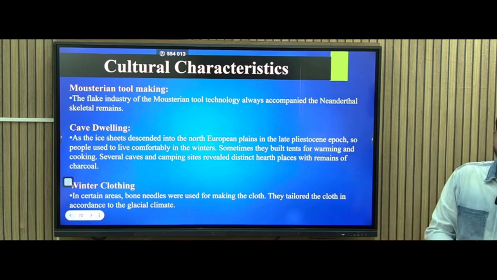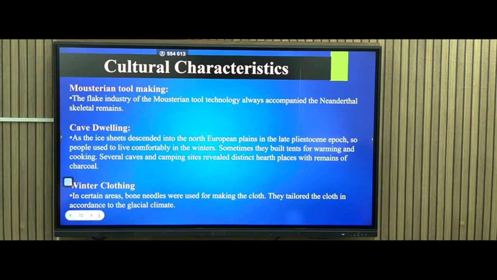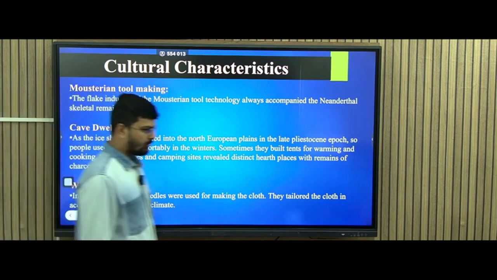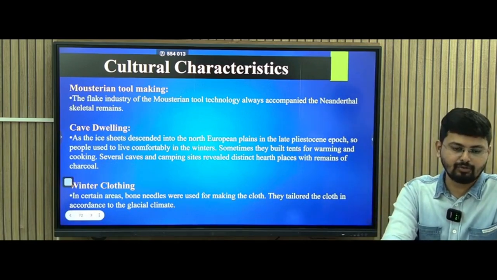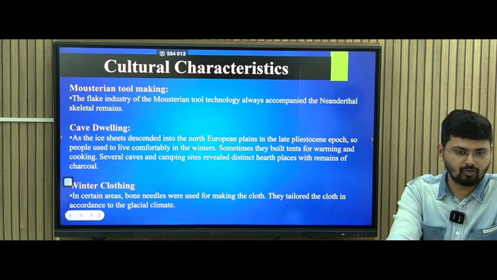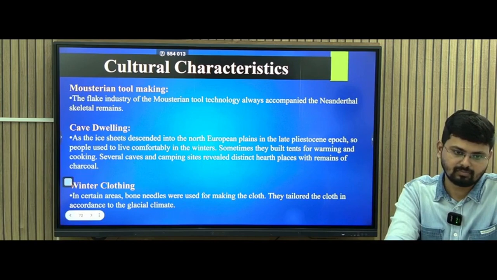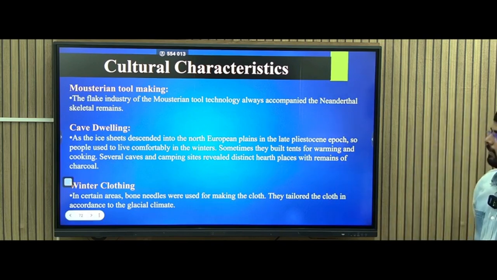Now what happens, this is of middle Paleolithic period. The evolution, sorry, during the lower Paleolithic period, whom do you have? Homo erectus. During the middle Paleolithic period, you have Homo neanderthals, and in the upper Paleolithic period comes Homo sapiens. Right. So now you need to understand here that